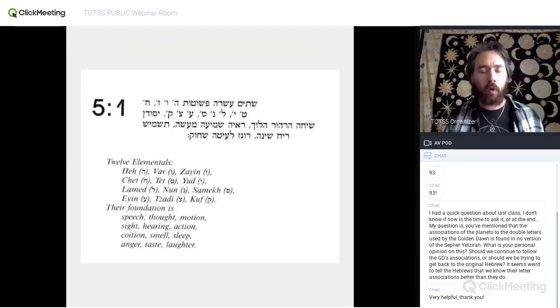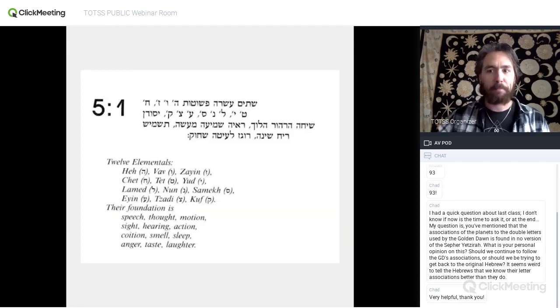Now these 12 qualities are given in different orders in different versions of it. So like in the short version, these qualities are in a different order. So don't start thinking, oh, speech is attributed to Hey, thought is attributed to Vav, because that won't match the short version. But these qualities are not particularly important in the Hermetic Kabbalistic tradition. If you look at the short version ordering and think of them as ordered by the zodiac, there actually are a couple of interesting places where it seems to work fairly well, but it's